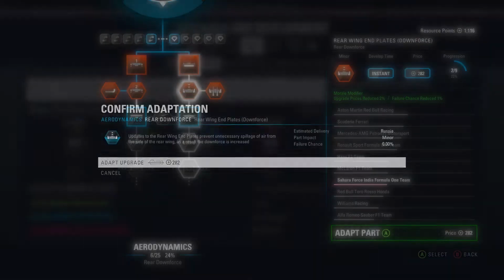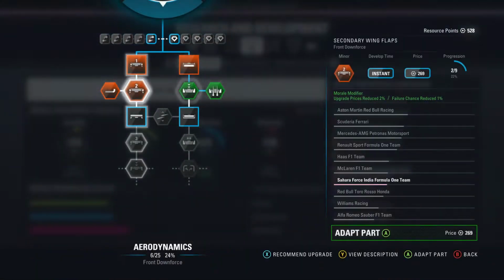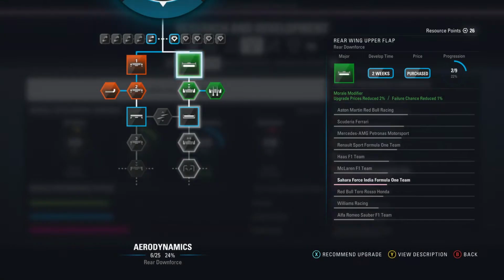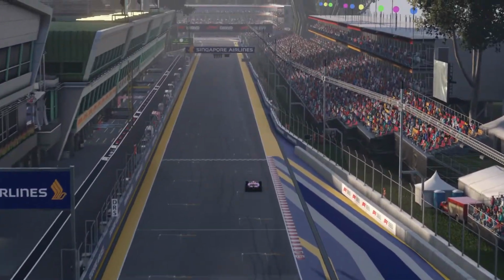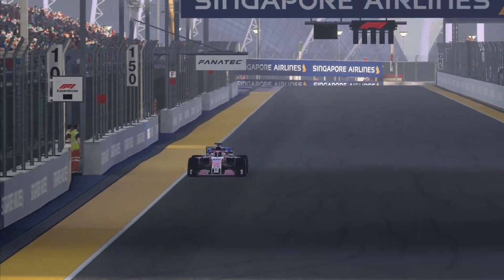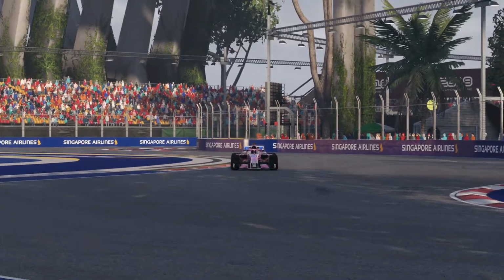I've already got just over 1,000 resource points, so thankfully I can protect a big old bulk of those already. Doing the math, I've basically invested every point I have so far into the rear downforce of the car, so that's protected, that's good to go. That's 3 out of the 10 upgrades done. Just need to focus on doing the rest of those before the end of the season if I want to keep that progress. But the Singapore Grand Prix,